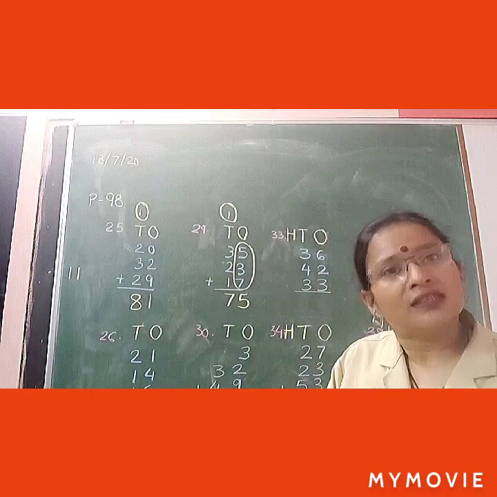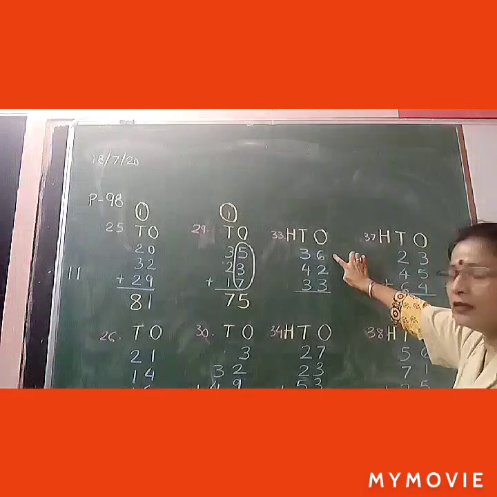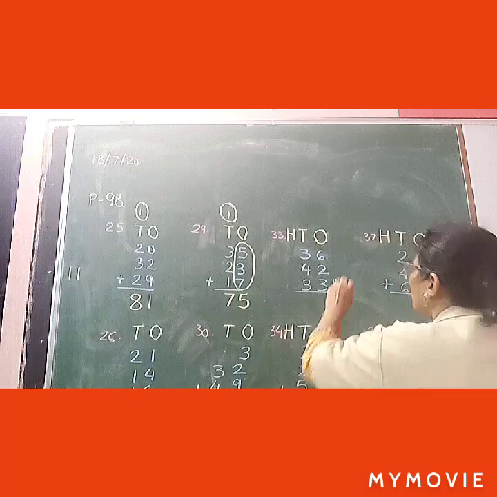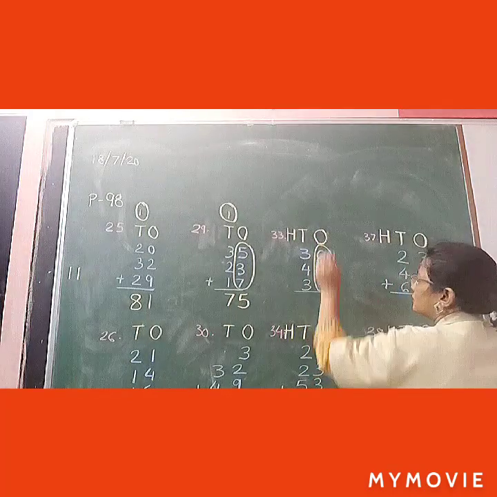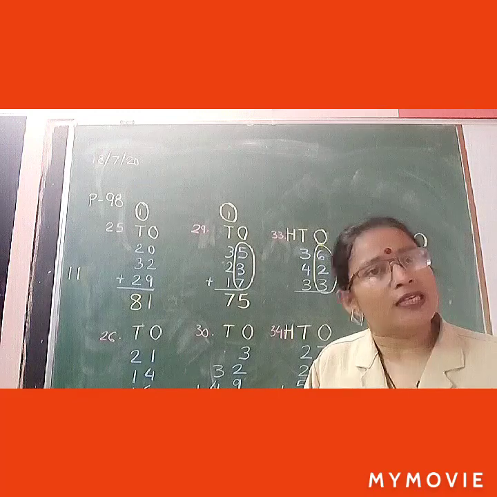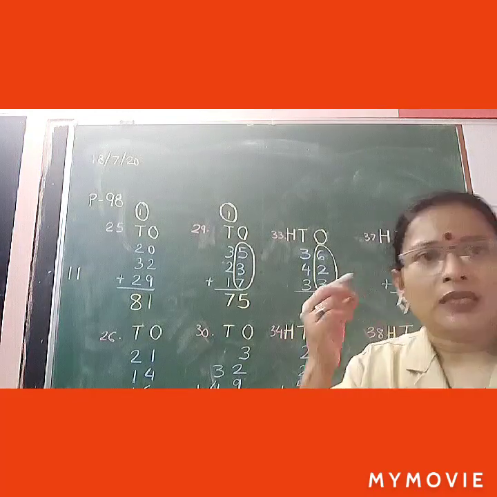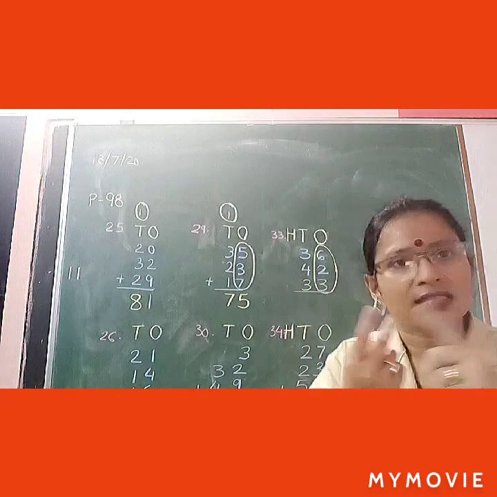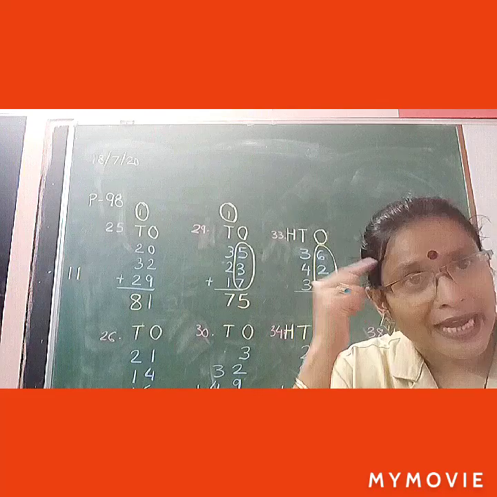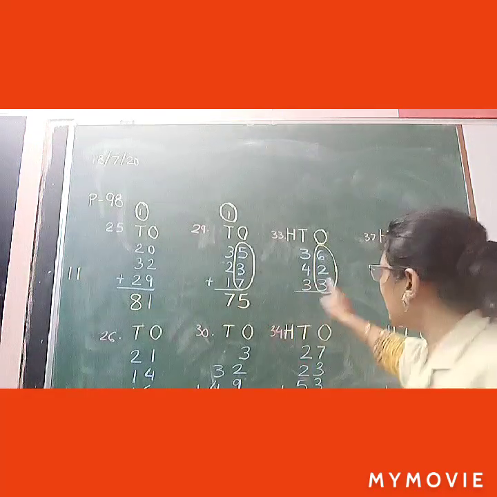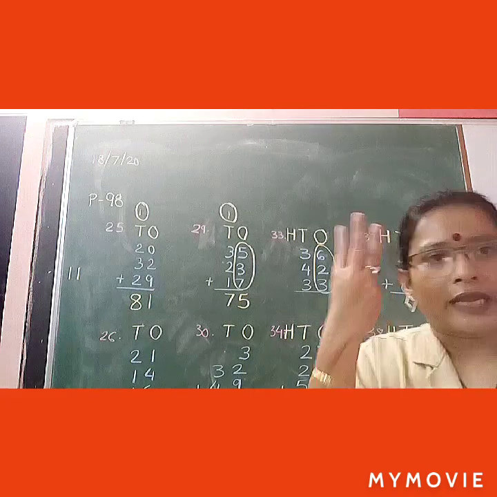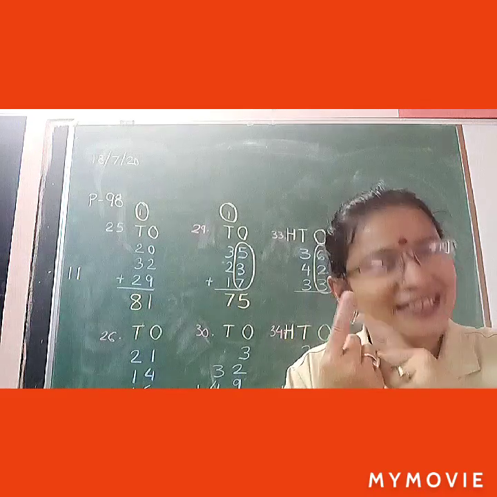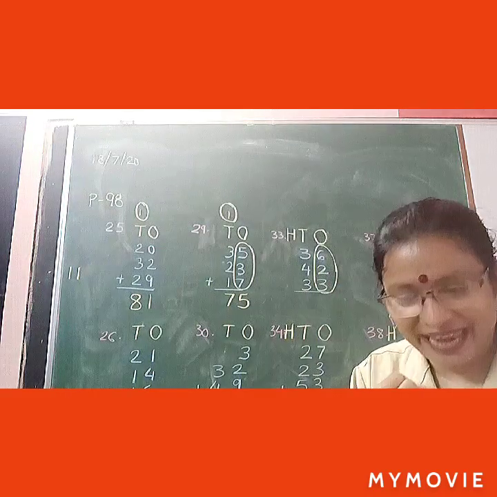Now come to the third question. Here 6 plus 2 plus 3 is given in ones place. So we will add it together. Okay. 6 is bigger number. You will keep it in your mind. Then take out 2 fingers. 7 and 8. You will count after 6. 7 and 8. Now keep that 8 on your mind. And then 3 number. Take out 3 fingers. And after 8 start counting. 9, 10, 11. Yes, you are right.